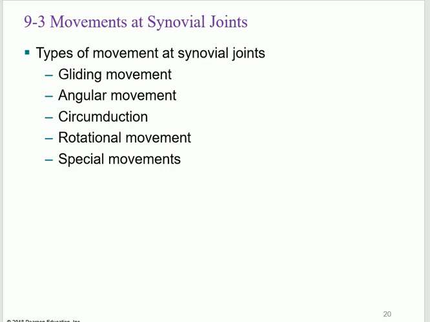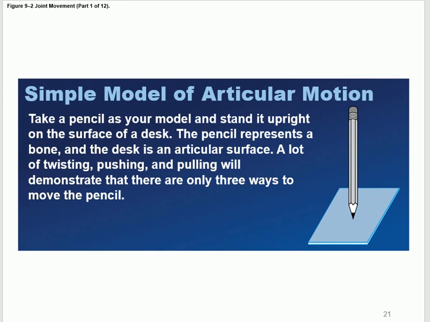The shoulder and the hip joints, they do all of them, everything. I can do rotation, I can do circumduction, I can do flexion, extension, abduction, adduction, rotation, circumduction. It's everything. It's triaxial. And then there are some special movements. So if you look at this one right here, if you draw something like this using a pencil, this is called gliding.